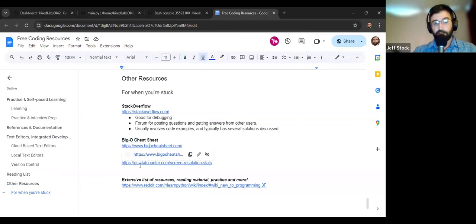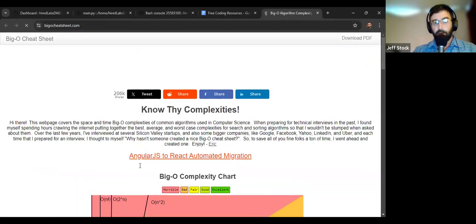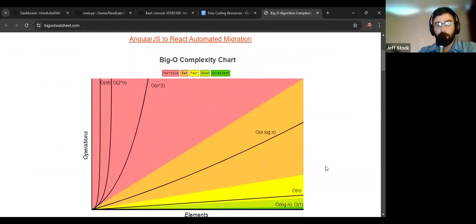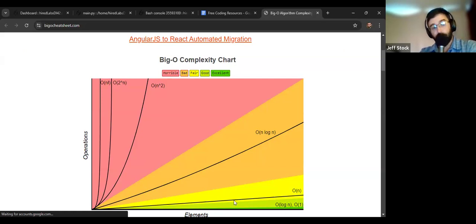I'm going to show you this sheet. And this is something that is worth knowing, because if you've done those algorithmic problem sets that I was showing you before, you may see people turn in their answers in terms of this. They'll say, here's my solution, and then they'll say size, time complexity, memory complexity, and then they'll use one of these O-N things. So this chart that I'm showing you here is Big O notation. And Big O, the O is from a German word, Ordnung, which means powers, orders of magnitude.